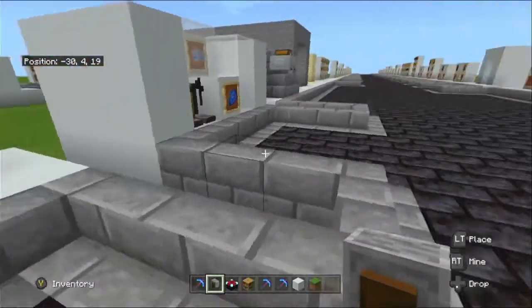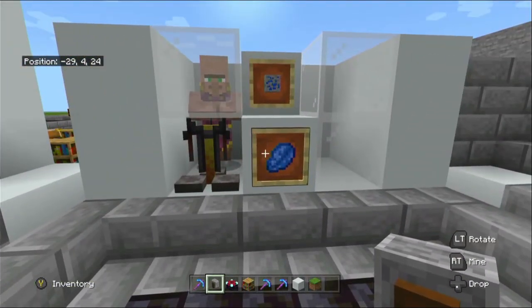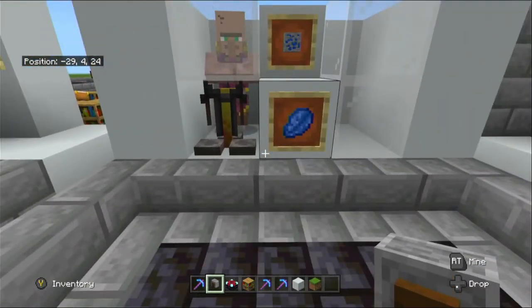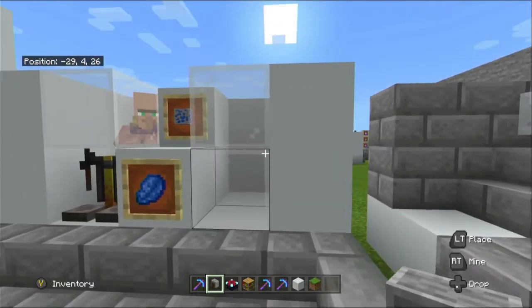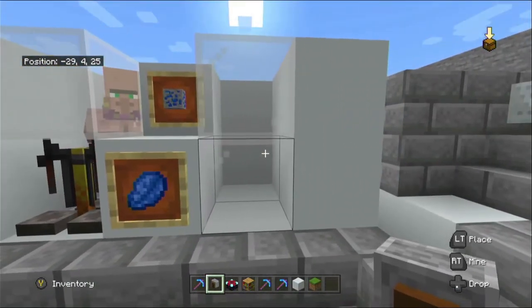And the last thing is obviously the Lapis for enchanting, and this is something you're going to need in the enchantment table. Now, Lapis, like I say, you require 1 to 3 Lapis per whichever enchantment you want. Now, there is a couple of ways to...